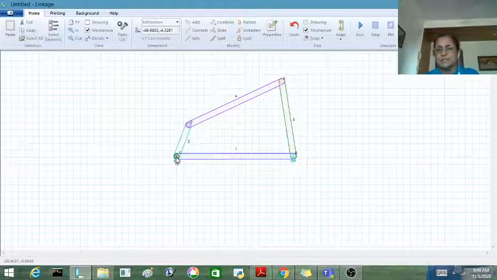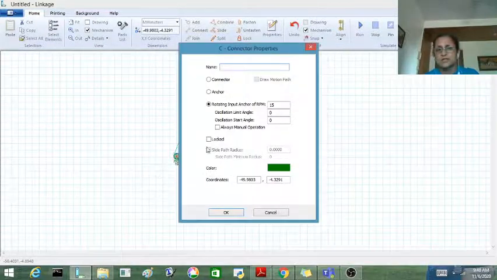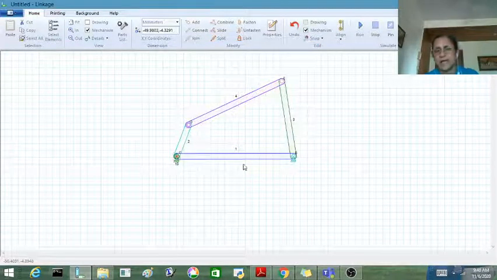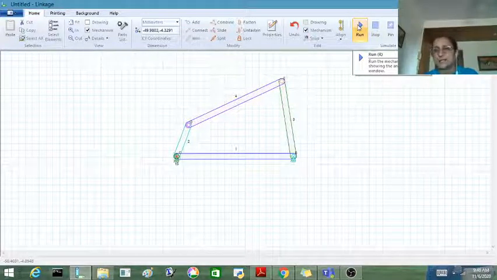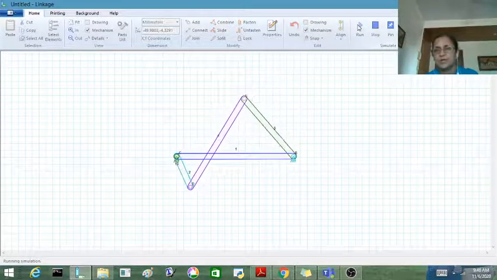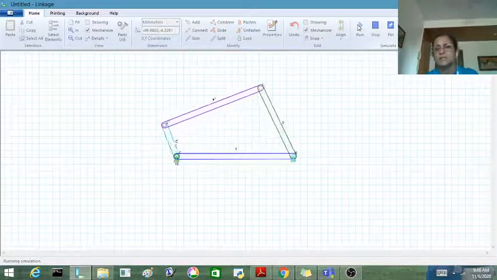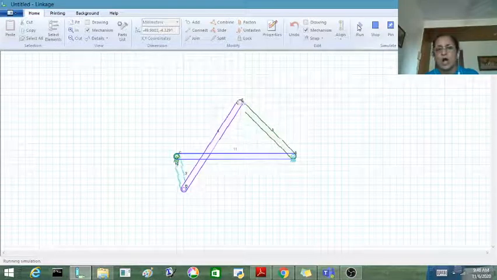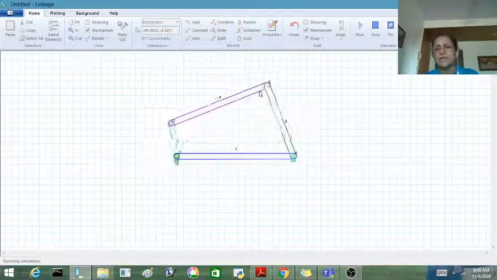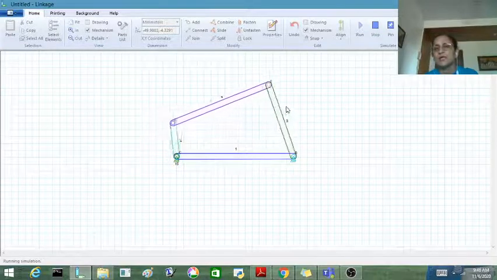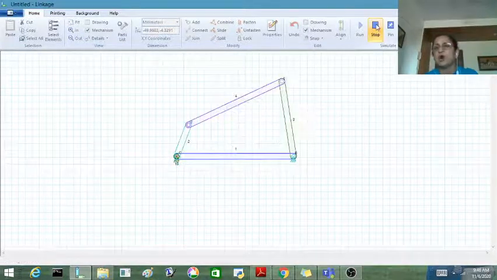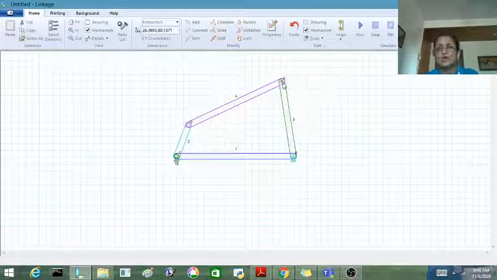And we know that this is a rotary input. The rest of them are as it is. Now what happens when the rotary input is given, that I can simulate and see. So I can simulate and see how this is rotating. So how point D is rotating, because there is a rotary input at C, and how E is rotating is something which I can observe. I have one more choice here.